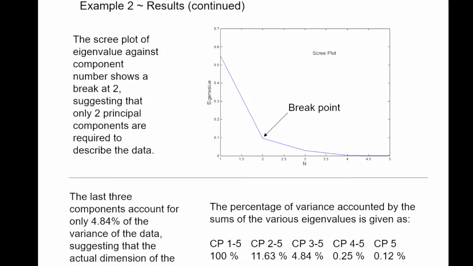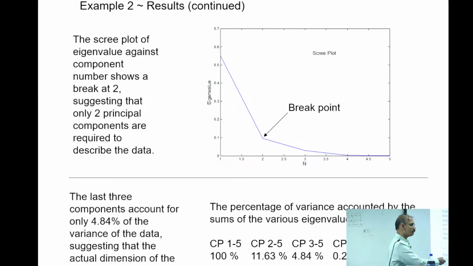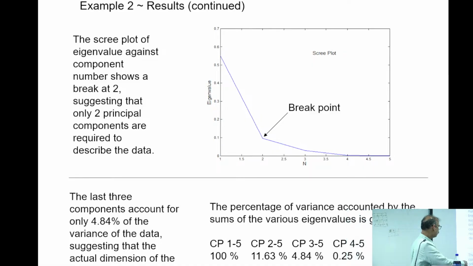And so in the scree plot this is where there is a bifurcation, right? So you take this as saying that, okay, there are only 2 signals that are present, okay? And it also suggests that the last 3 components account for only 4.8% of the variance,